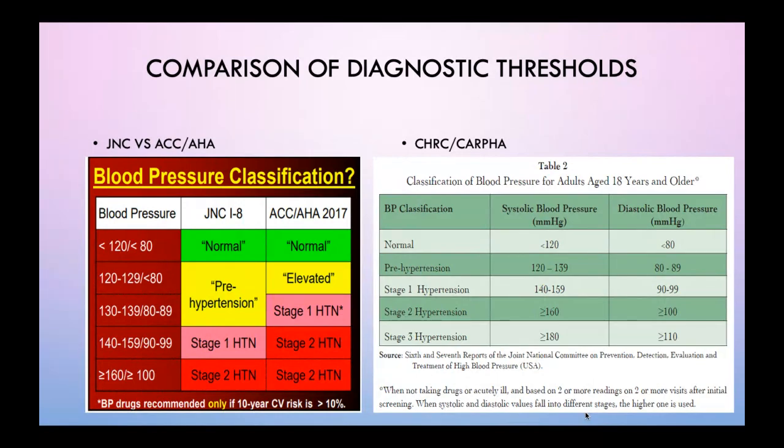So you can pay attention to these, but if you are quoting, you can mention where you've gotten it from. So you can say, these are the CARFA guidelines, as opposed to these being from JNC